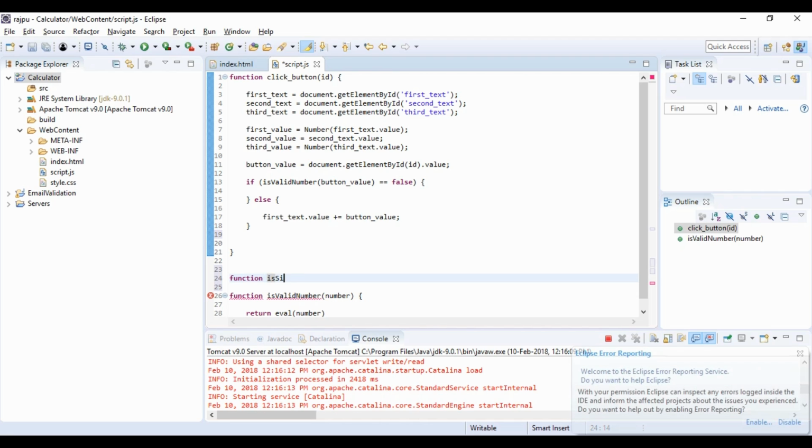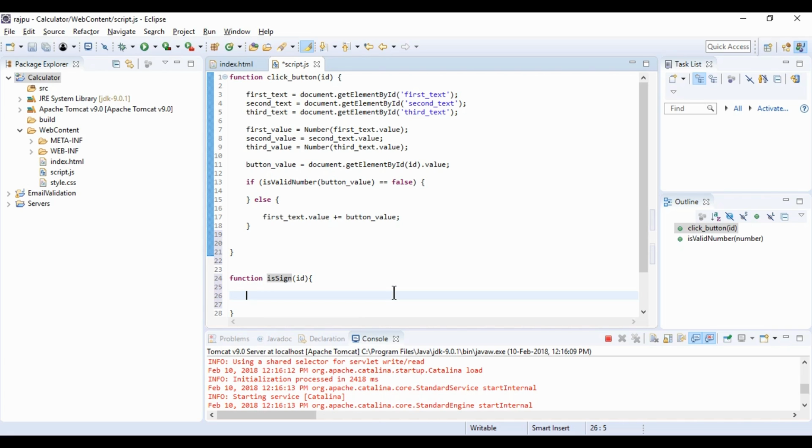Function is sign, with id, and I'm creating an if statement: if id equals to plus sign, or, I'm going to copy it, or minus, or divide, or multiply, or percentage, or square root, or 1 by x,